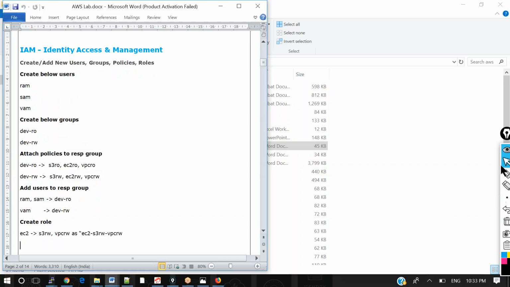Okay, Srikanth, I would like to access your screen. Srikanth, can you just accept the invitation and share your screen? Yes, I'm just accepting it. Just a minute.